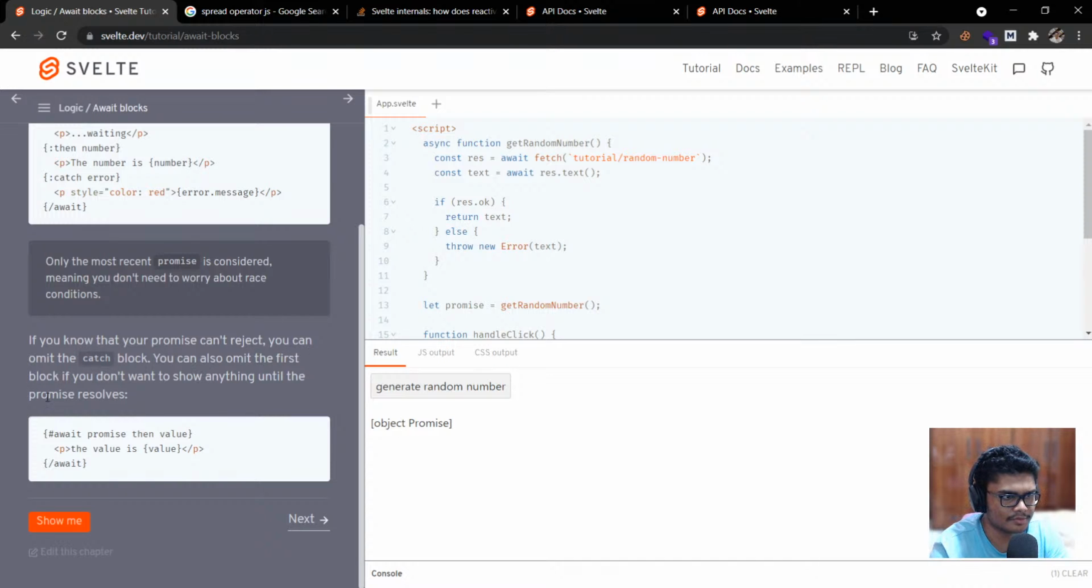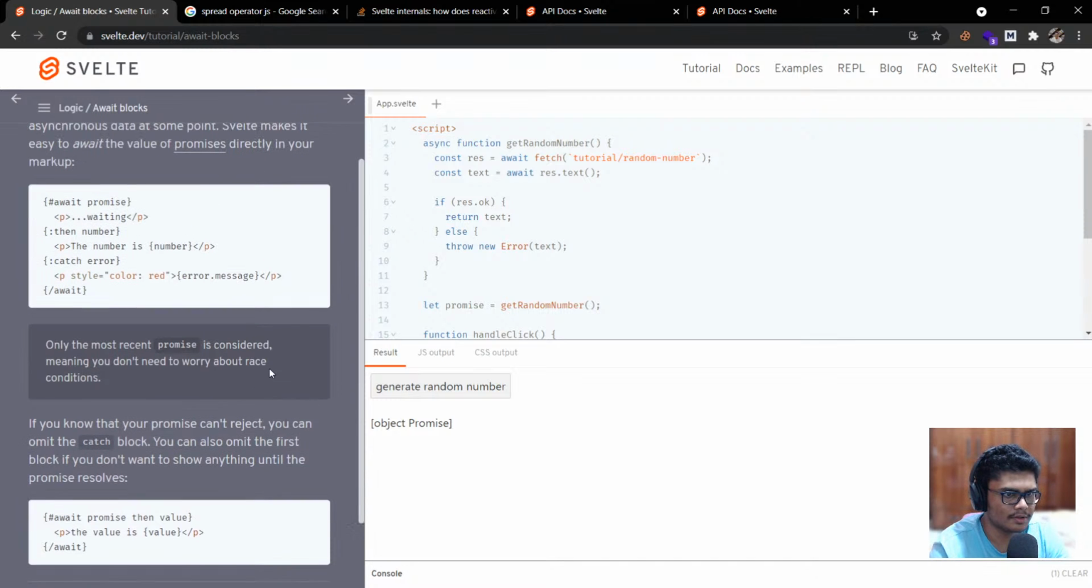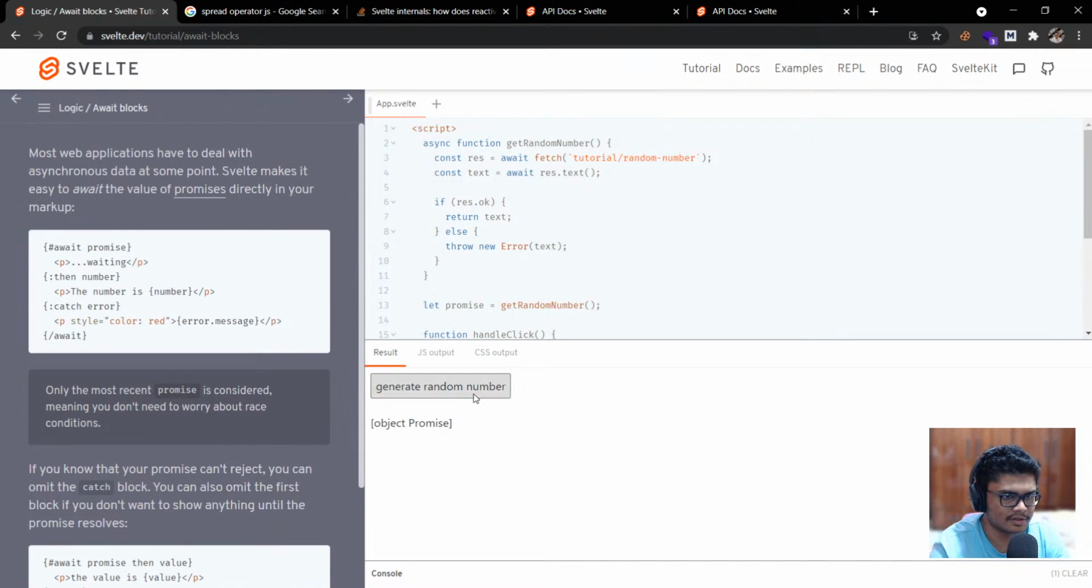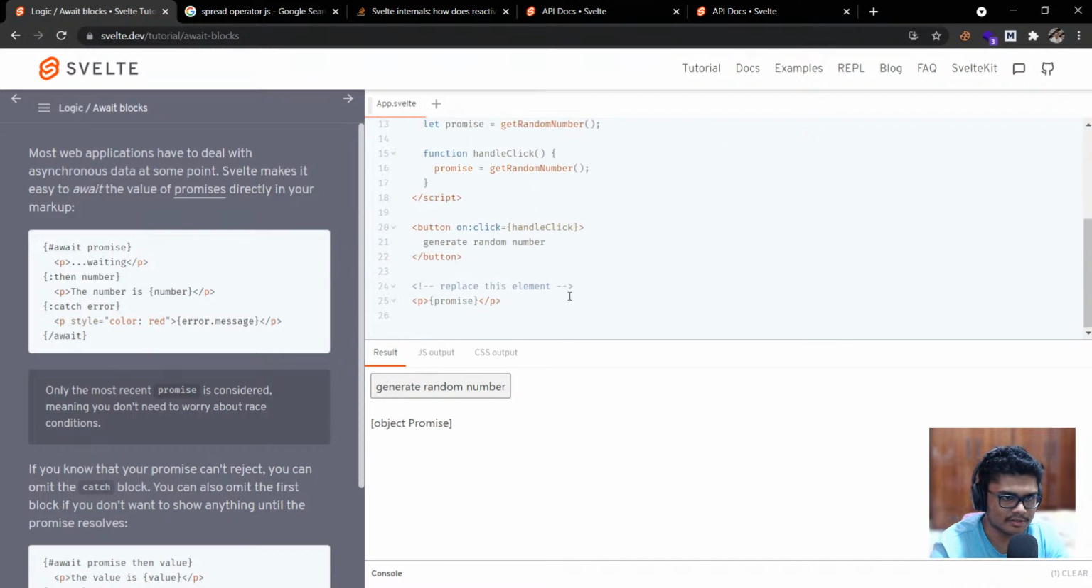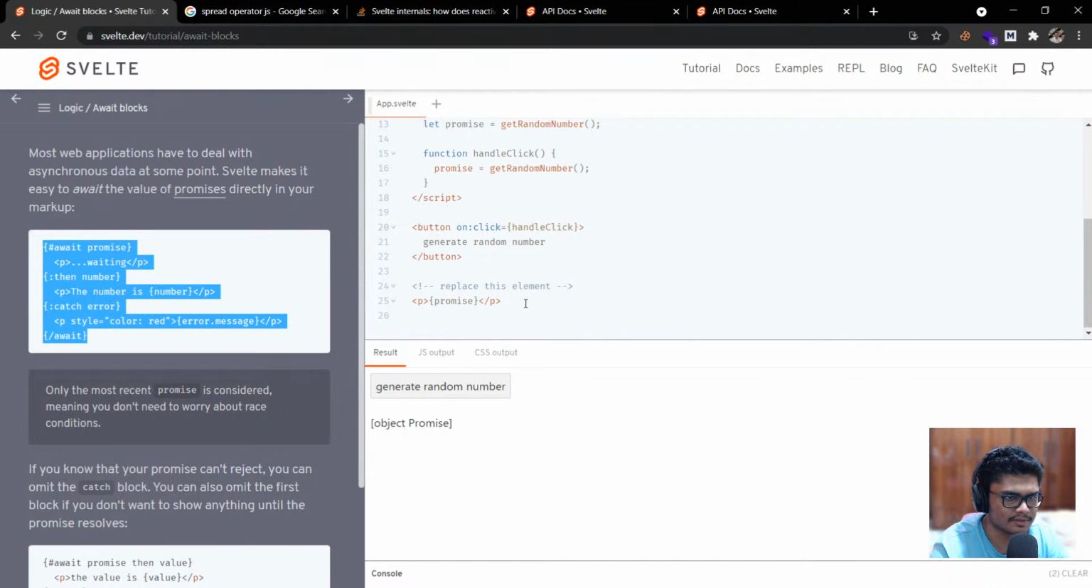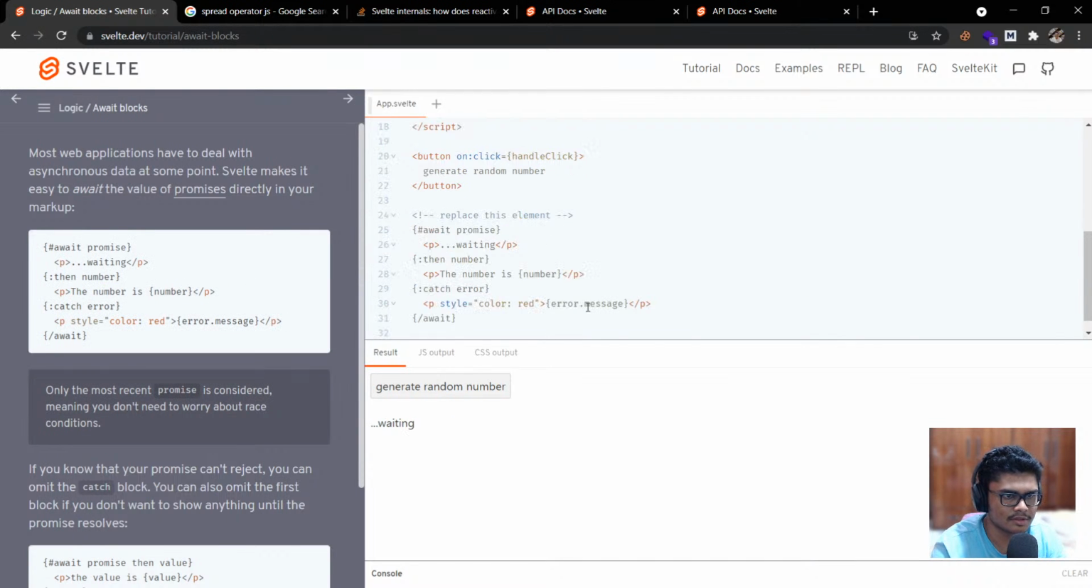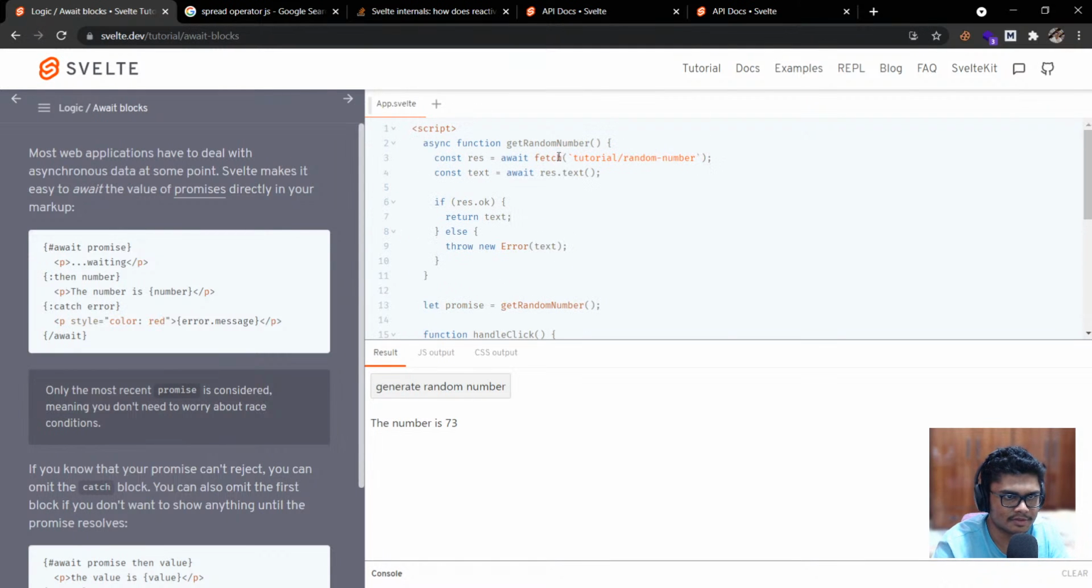The catch block. You can also omit the first block until. So we can generate a random number. It's not object promise. It's not showing anything there. Replace this element. What do we replace it with though? Oh, we can replace it with this chunk of code. So when we're waiting for the promise, it's going to fetch it from this API over here. It's using the fetch API,